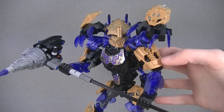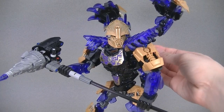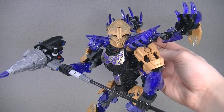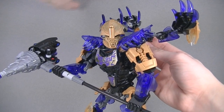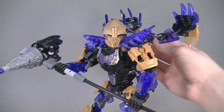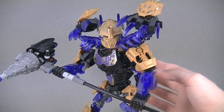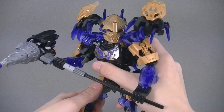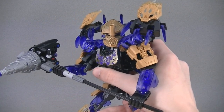I don't know what the practicality of this would be. I guess it's an extra pair of arms that lets him dig. Oop, my backdrop came out untaped there. Probably didn't see that, but oh well. Yeah, I guess they're just an extra pair of arms that let him dig faster or something like that. So that's fine. But there is the united